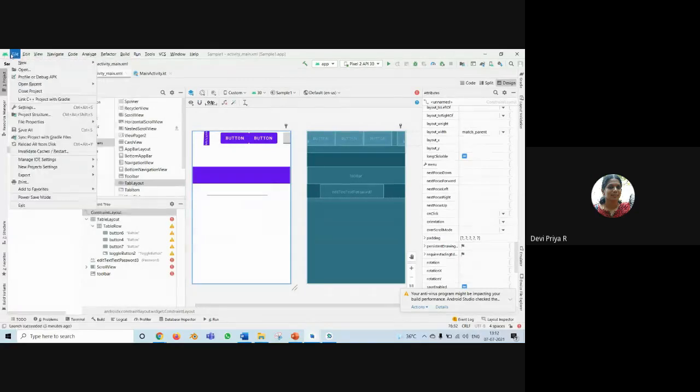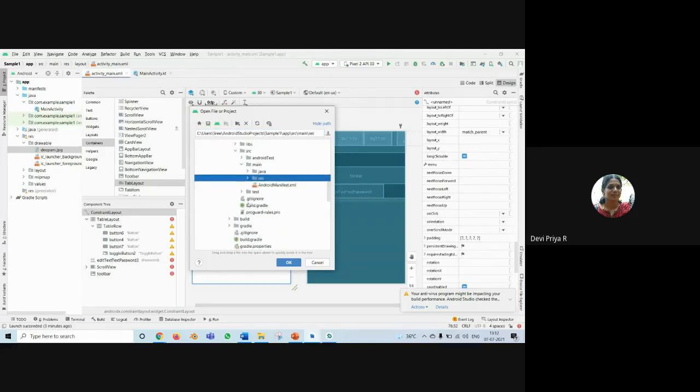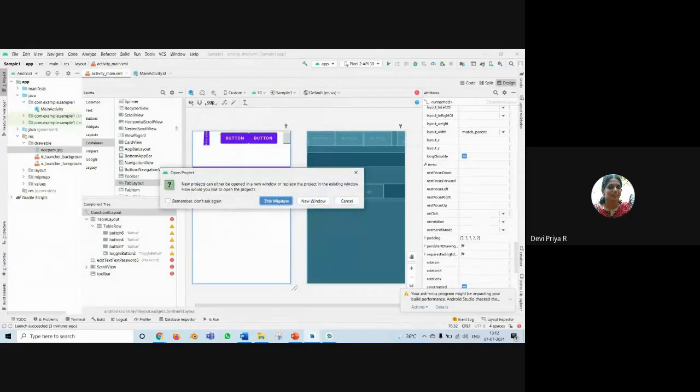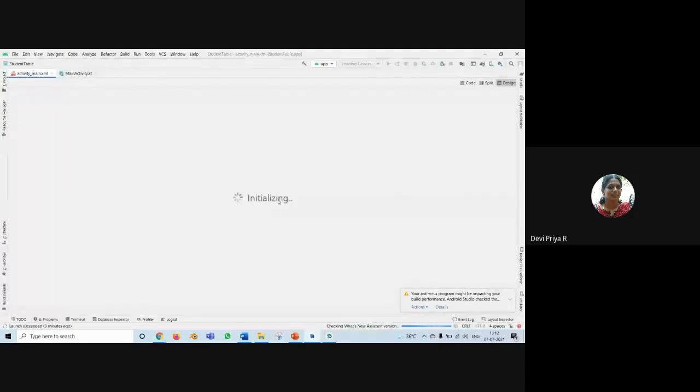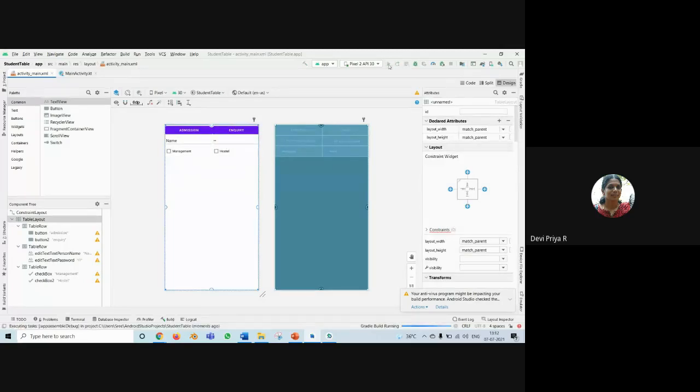And if you want to open an already existing project, click open project and you can choose the project. So these are the projects that I have already created. This window, I have already created a window. See, admission and query I have created for sample. And if I'm running the screen,